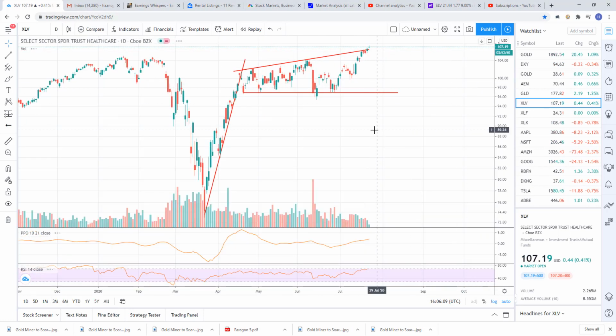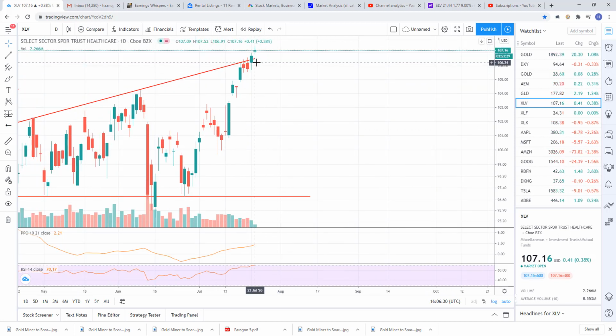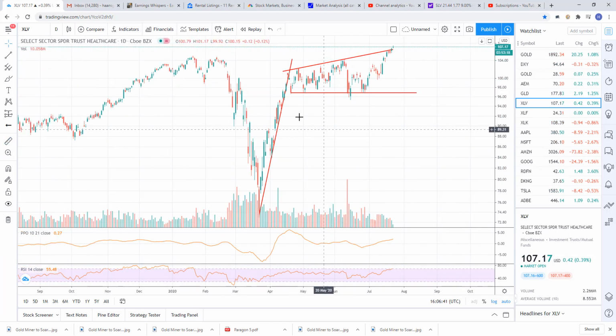Let's look at the daily here. Look at the volume. As I roll out, here's your breakout. Death volume. This is just not good volume. So look for this to fail. It doesn't mean that it will, but there's a high probability that this fails. That's all I'm saying on that one. And then if it does fail, look for it to run all the way down to the bottom of the trend line. That's a possible trade idea if that happens, and that's going to be a potential 10%, 9% I guess, drop. So we're going to watch that. There's nothing to trade on it yet, but watch for the potential failure.